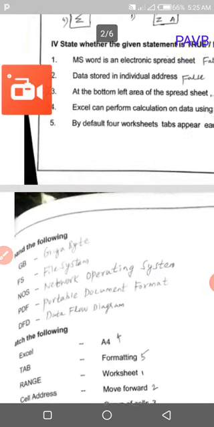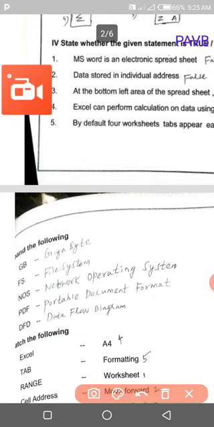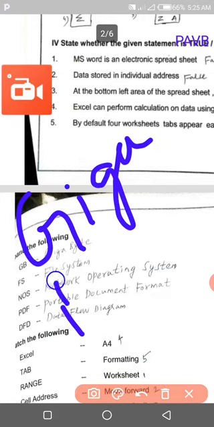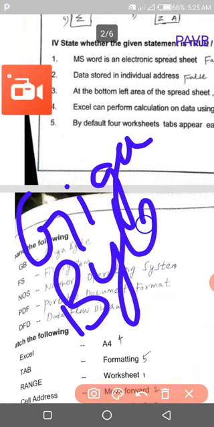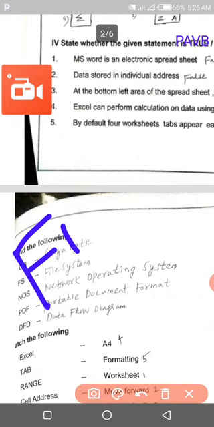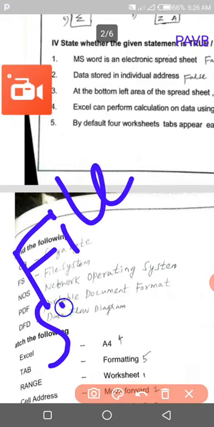Expand the following. GB, gigabyte. Second one is FS, file system, FILE, file, SYSTEM, system.